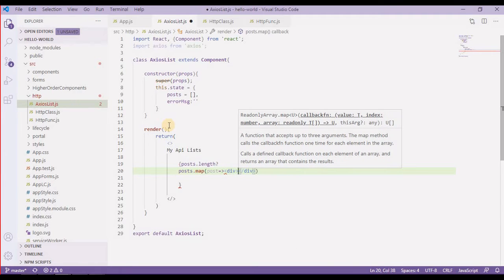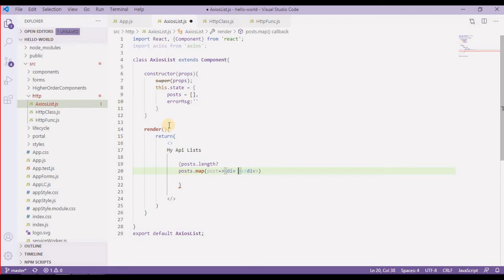Inside the div I'm going to have a key, which is post.id. In our previous example I used items, so instead of item I'm using posts. This is the post from this map function, so post.id, and inside the div I'm going to have post.title.